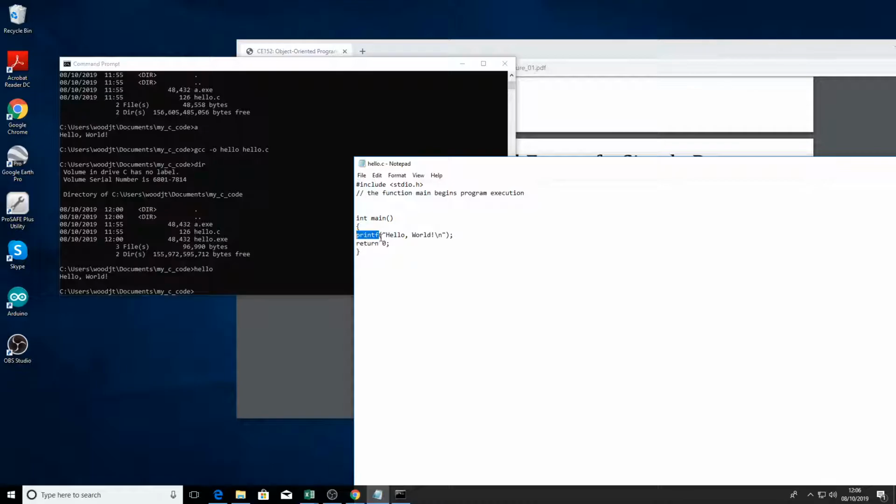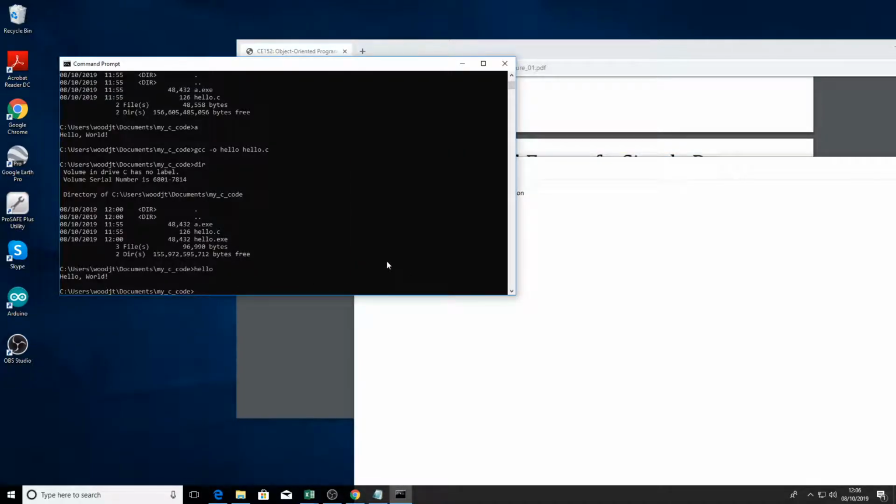Okay, so to use this printf function, which is again a very common standard C function, we need to find the file that declares this function. In this case, it's declared in the standard IO file. So how would we know that? We would have to search the contents of the standard C library, where you'll find thousands of functions in lots of different files. Some functions may not be in the standard IO, they might be in the standard lib or some other library files. But while we're learning, we just need to trust the fact that we've been told that it's in the standard IO. Let's take this line out just for fun, save this, and now let's try and compile our program again,